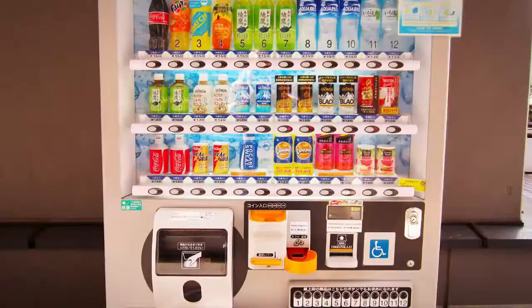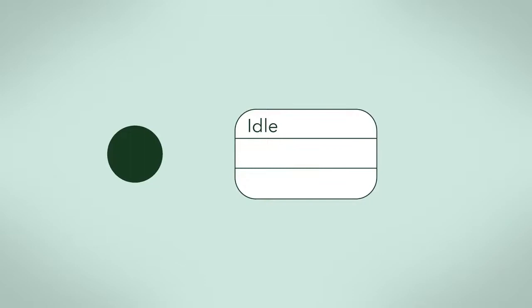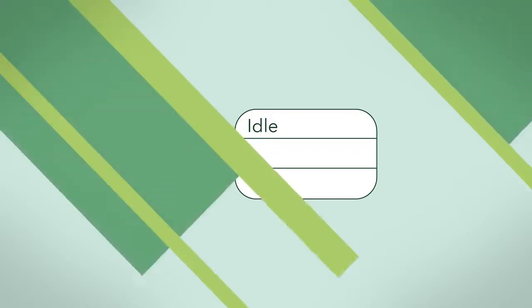To better understand how to create UML state diagrams, let's actually create one together. Let's use a vending machine as an example for our UML state diagram. First, I'll indicate the start of this diagram with a filled circle, like we did earlier in the mood state diagram. Every state diagram has a filled circle to indicate which is the starting state. The vending machine starts in a state named idle. This is when the vending machine is waiting for coins to be inserted. I draw states as rounded rectangles.